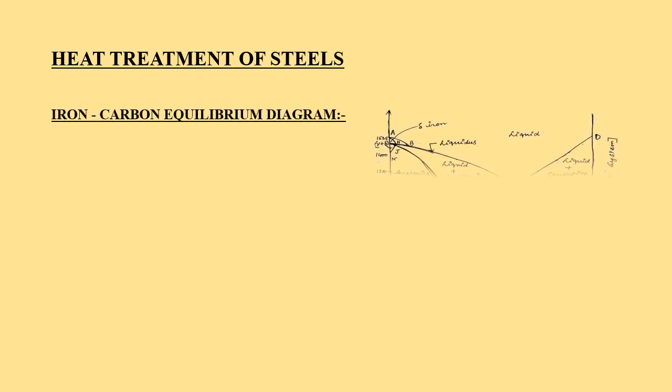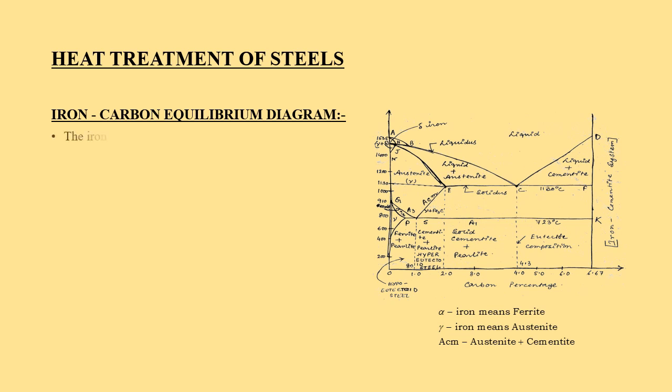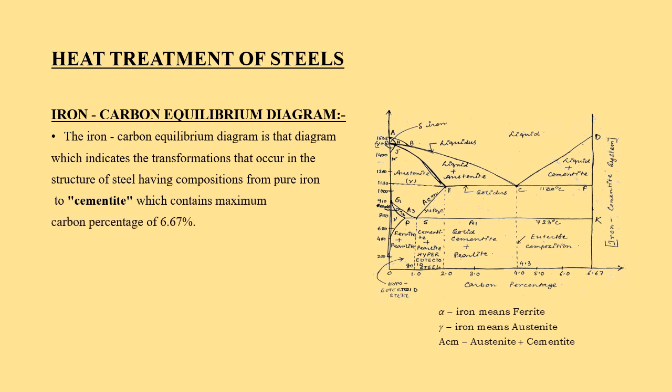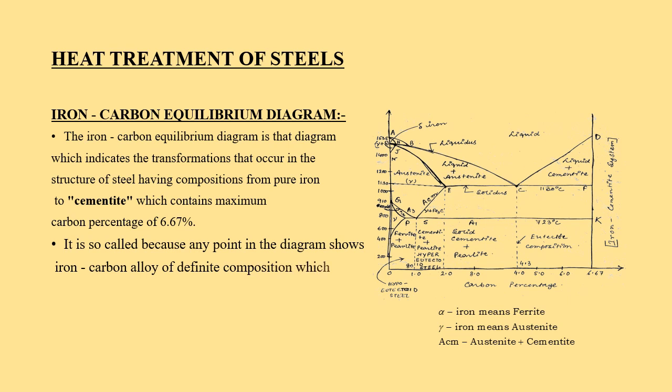Iron carbon equilibrium diagram. The iron carbon equilibrium diagram is that diagram which indicates the transformation that occur in the structure of steel having compositions from pure iron to cementite, which contains maximum carbon percentage of 6.67%. It is so called because any point in the diagram shows iron carbon alloy of definite composition which exists